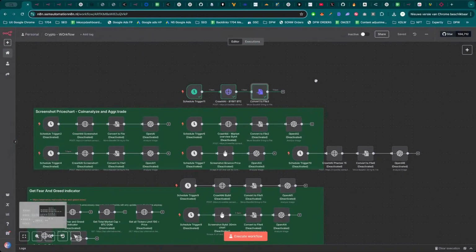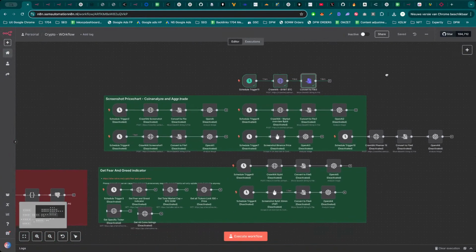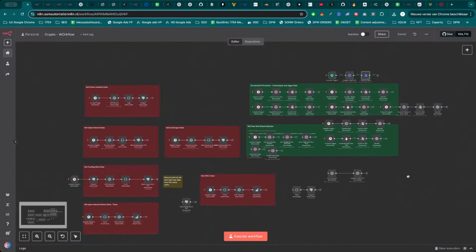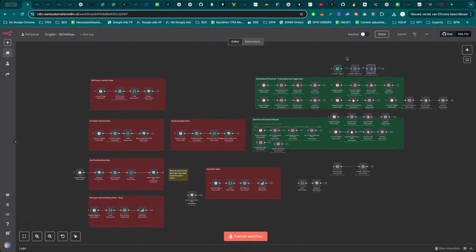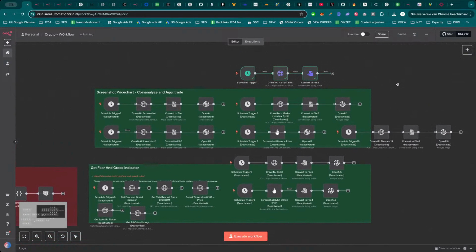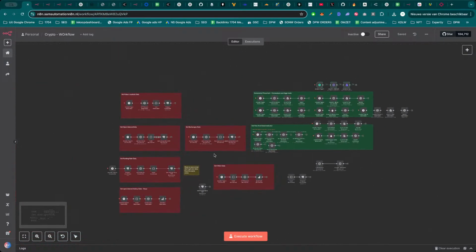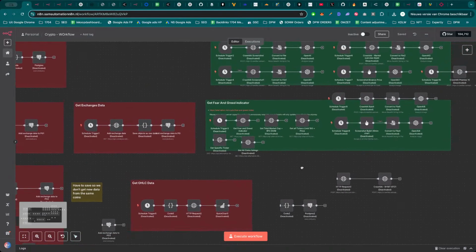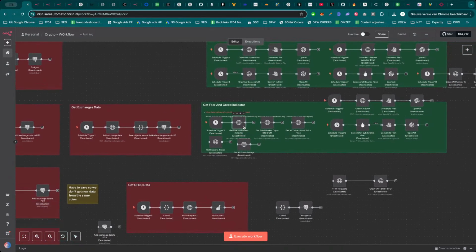So, what we are going to do with this workflow is the following. We are going to grab the future market data, the open interest, and the funding rates, and get the open interest history data. We're going to get exchange data and the price data. Eventually, all those data points will be sent to an agent, and we will get the fear and greed index,